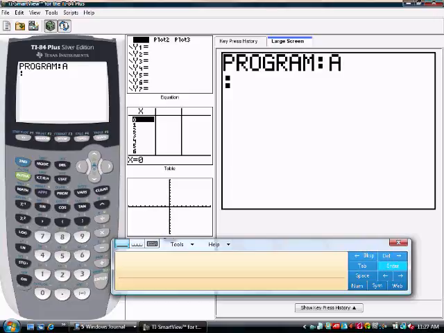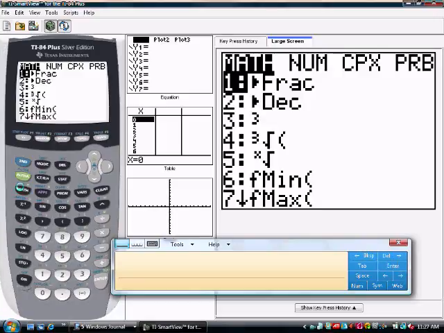So what we're going to do is simulate first Andy. Andy gets one number between 1 and 5. So let's pick a random number for Andy between 1 and 5. So I go math, probability,